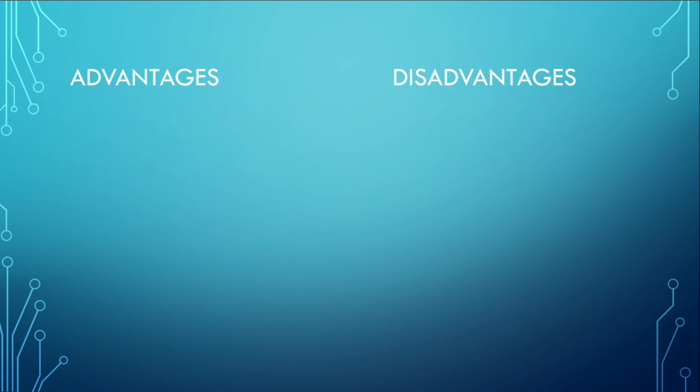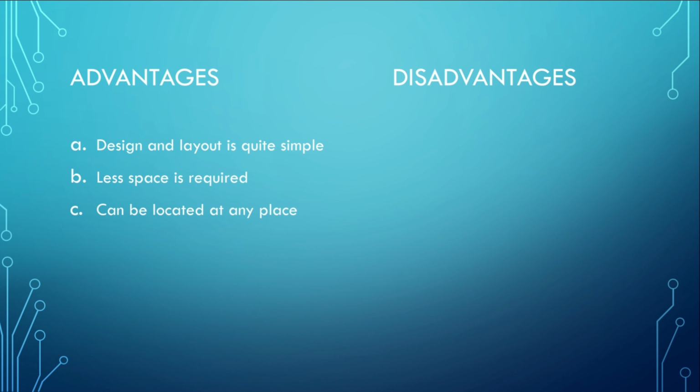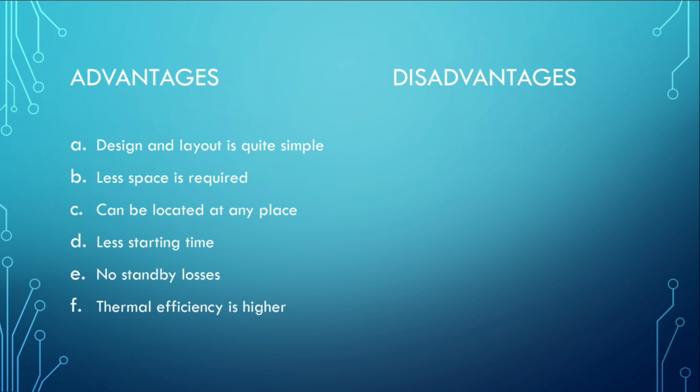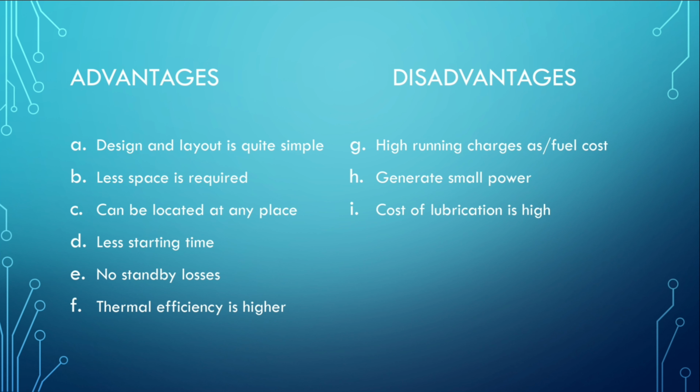Advantages and disadvantages. The advantages of a diesel power plant are that the design and layout are quite small, less space is required, it can be located at any place, it has less starting time, and there are no standby losses. And the thermal efficiency is higher. Disadvantages of diesel power station: high running charges as fuel cost is very high, it generates small power, cost of lubrication is high, and maintenance